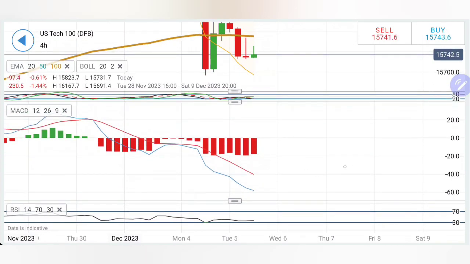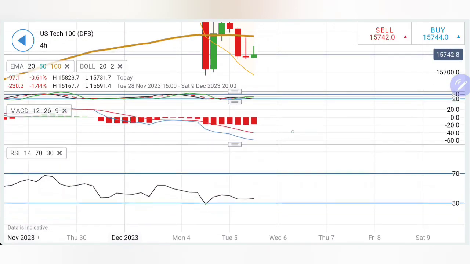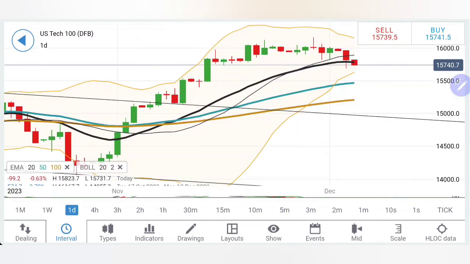Stochastic here at bottom, MACD is divergent, MACD is bearish, it is still looking downwards. RSI. Coming to the daily charts, and before we look into the daily charts,